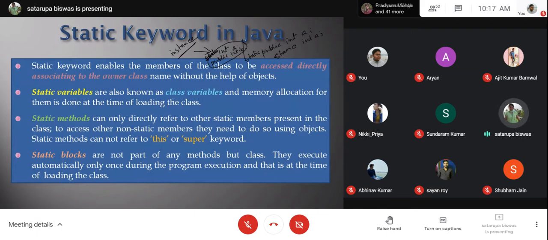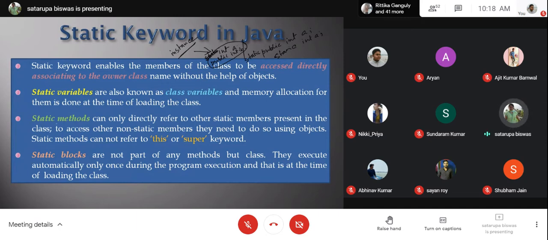Static variables are also known as class variables because their existence depends only on the class's existence, not on any instance of the class. They are not instance variables, they are called class variables. Memory allocation for them is done at the time of loading the class. We have already discussed that.